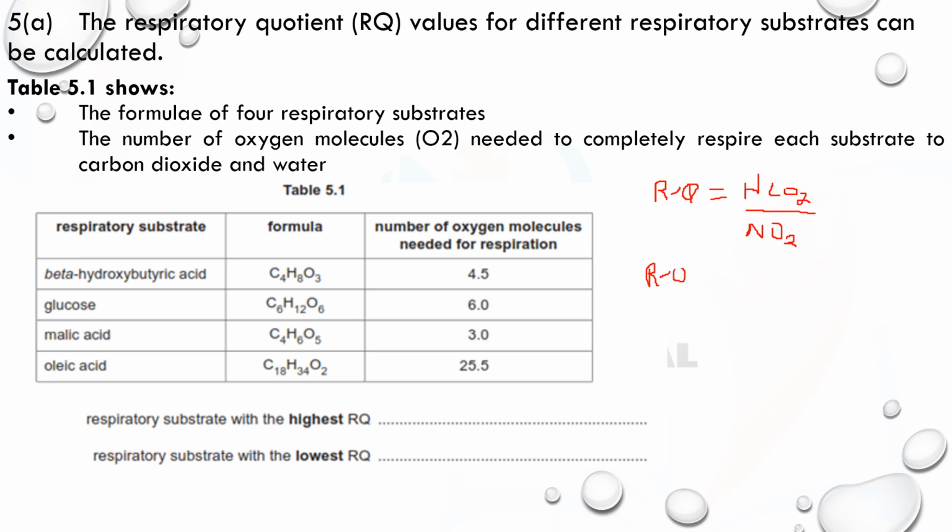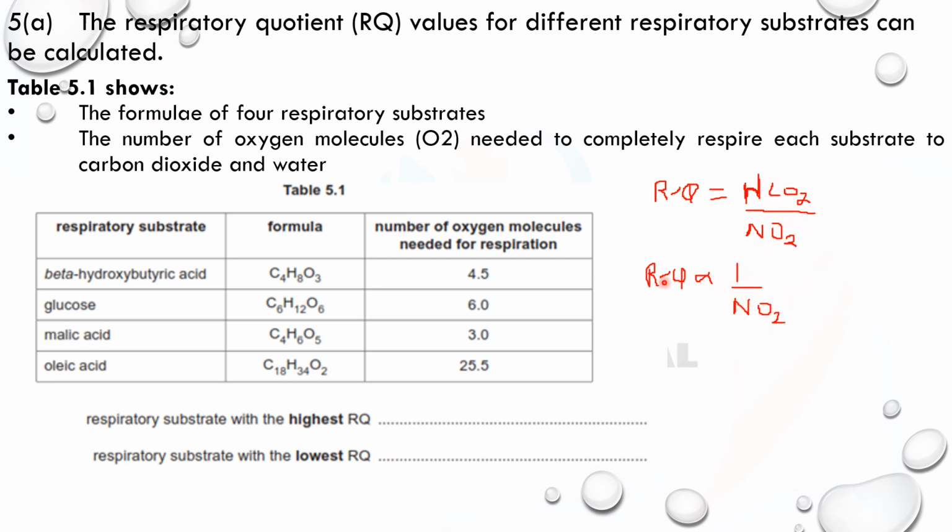RQ is inversely proportional to the number of moles. That is not NO2, it's not nitrogen oxide, it's the number of moles of oxygen. This is the number of moles. N means number. This is also number, right? Yes, that's an N. So that means that as the number of moles of oxygen increases, the RQ